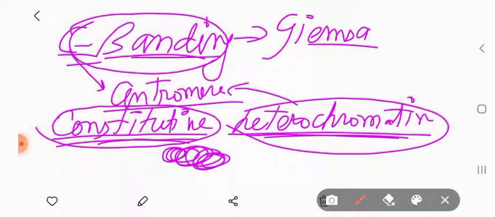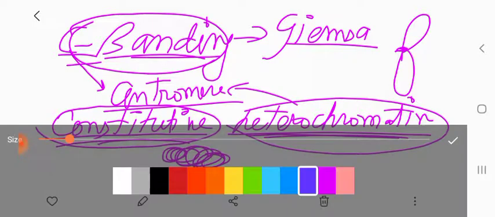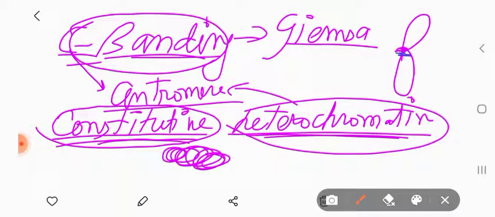Now, C banding technique is a special form of GIMSA technique that primarily stains the centromeric region, or close to the centromeric regions, the heterochromatic regions which are found close to the centromeres, like these regions. Okay, if this is the centromere, this is your heterochromatin, the constitutive heterochromatin regions. These regions are normally stained by your C banding technique.